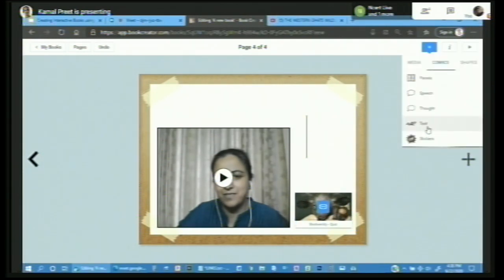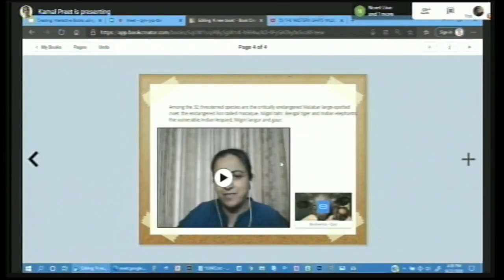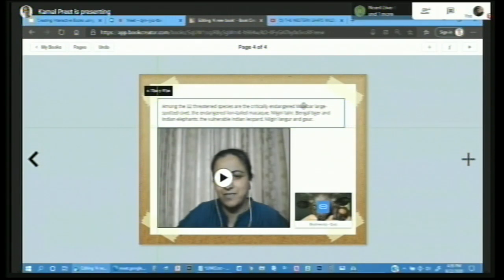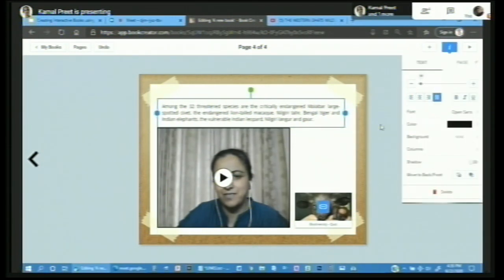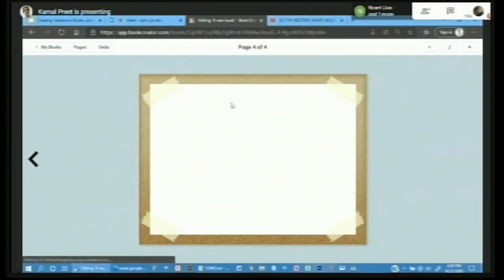So again, you're going to go to the media, you're going to go to text, and you are quickly going to add that over here. But done. I am happy with this, and I only need to format it. This looks good enough. We are done with the fourth page. You can see that within a couple of minutes, I've been able to create 4 pages of the book, and